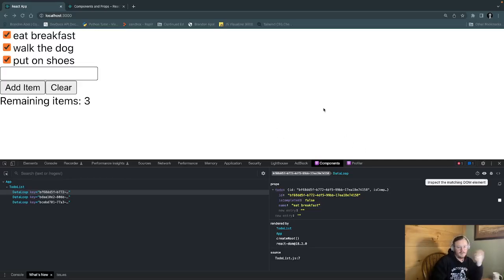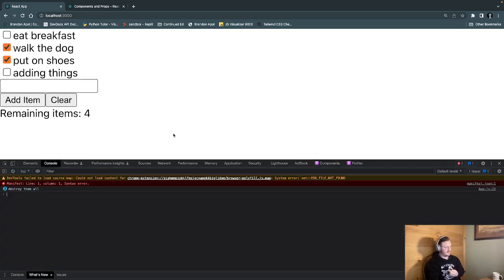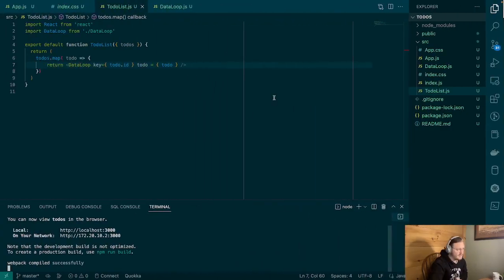All right, so this is what we got so far. We've got it adding things, and that's good. And we can check these, but they aren't changing anything in React, right? They're only visually changing things. It doesn't change what we're actually able to utilize with it. And so that's what we're going to work on next, is actually getting these to-dos, whether or not they're checked, to